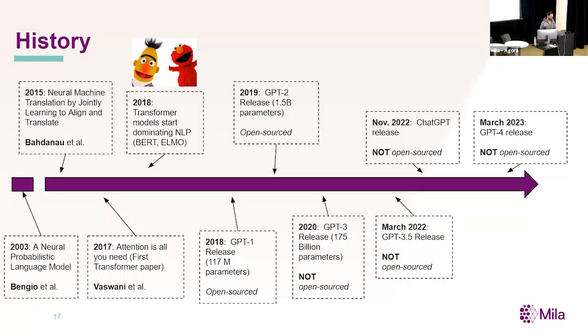So we really started exploring the scale of model parameters. And at that point, we're no longer open sourcing these models. OpenAI is now at this point not releasing these model weights. They have all sorts of arguably good and bad reasons for keeping these models private, but pretty much as of then, these models are no longer open sourced. We then have GPT 3.5 released back in March of 2022.